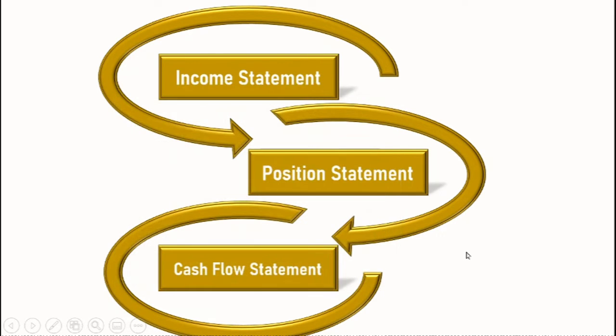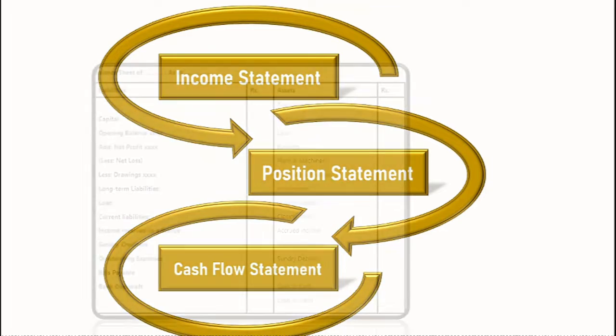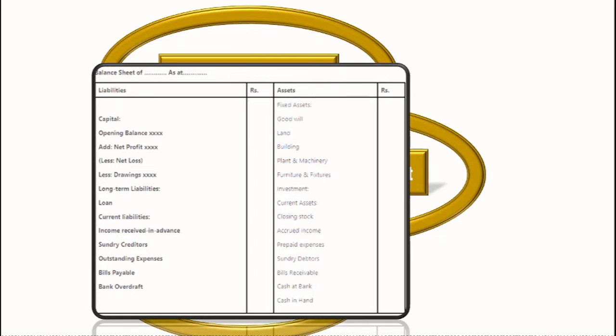Coming to the next thing, that is position statement, also known as balance sheet, which reports a company's assets, liabilities, and shareholders' equity at a specific point of time, and that provides a basis for computing the rate of return and evaluating the capital structure. So you can see here it says 'as at'. So it is at a point of time wherein you have all these